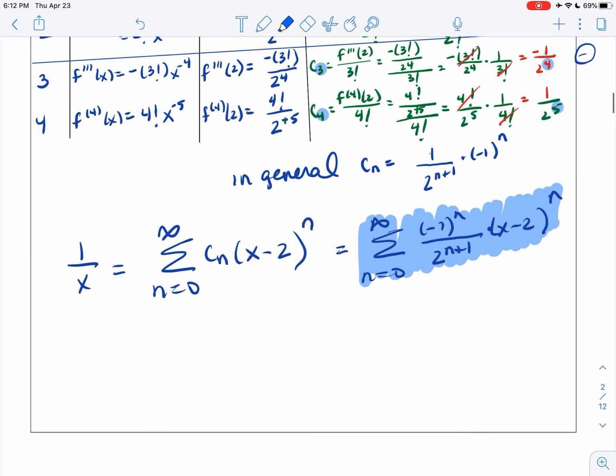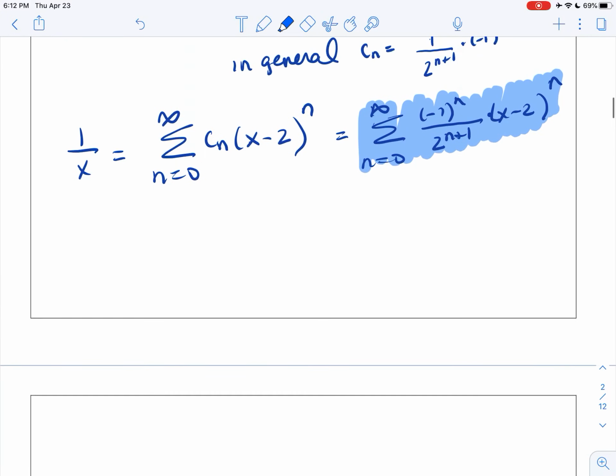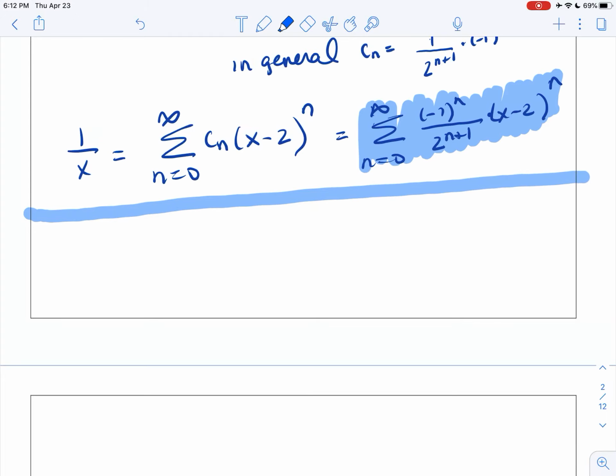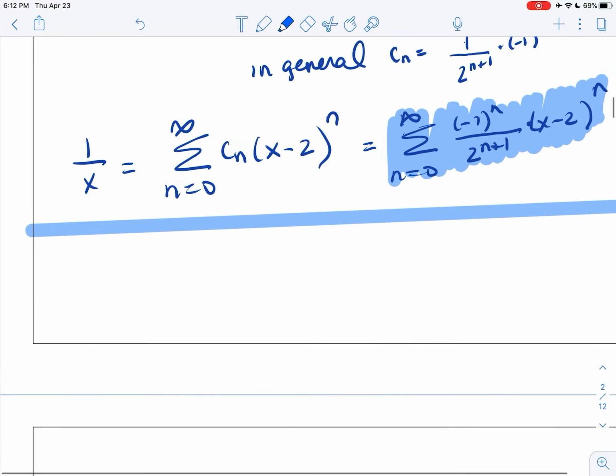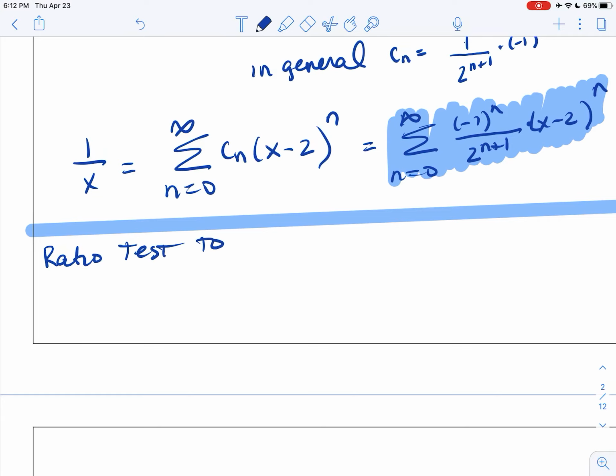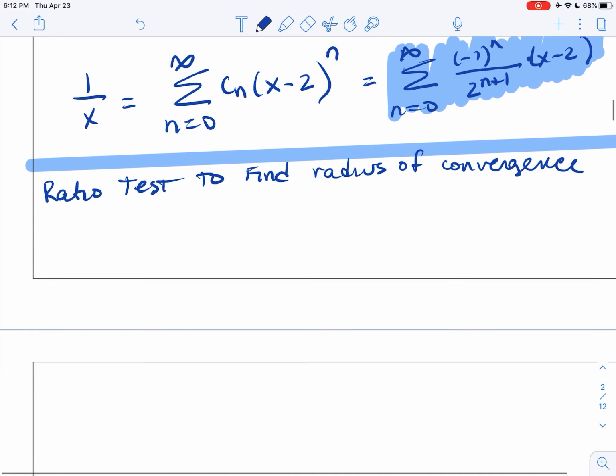Good. Now, how do we find its radius and interval of convergence? Remember, we would want to do the ratio test because we have a power of 2 in there, or an exponential of 2, 2 to the n plus 1. So if I want to do the ratio test to find the radius of convergence, and here we go,